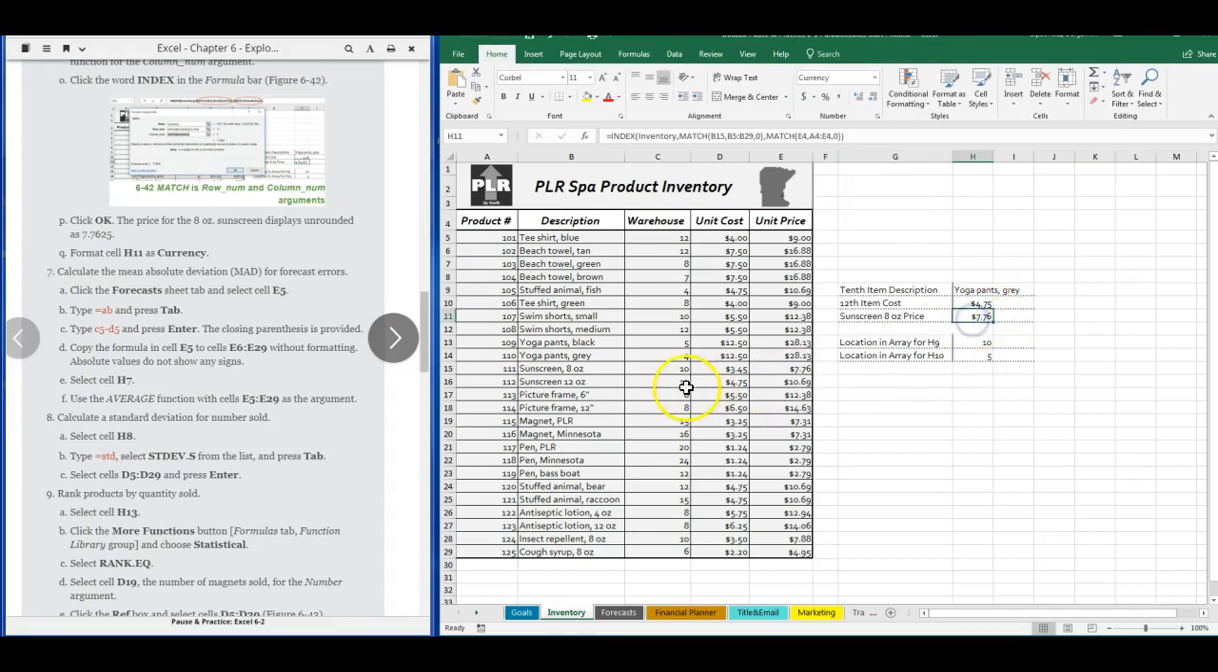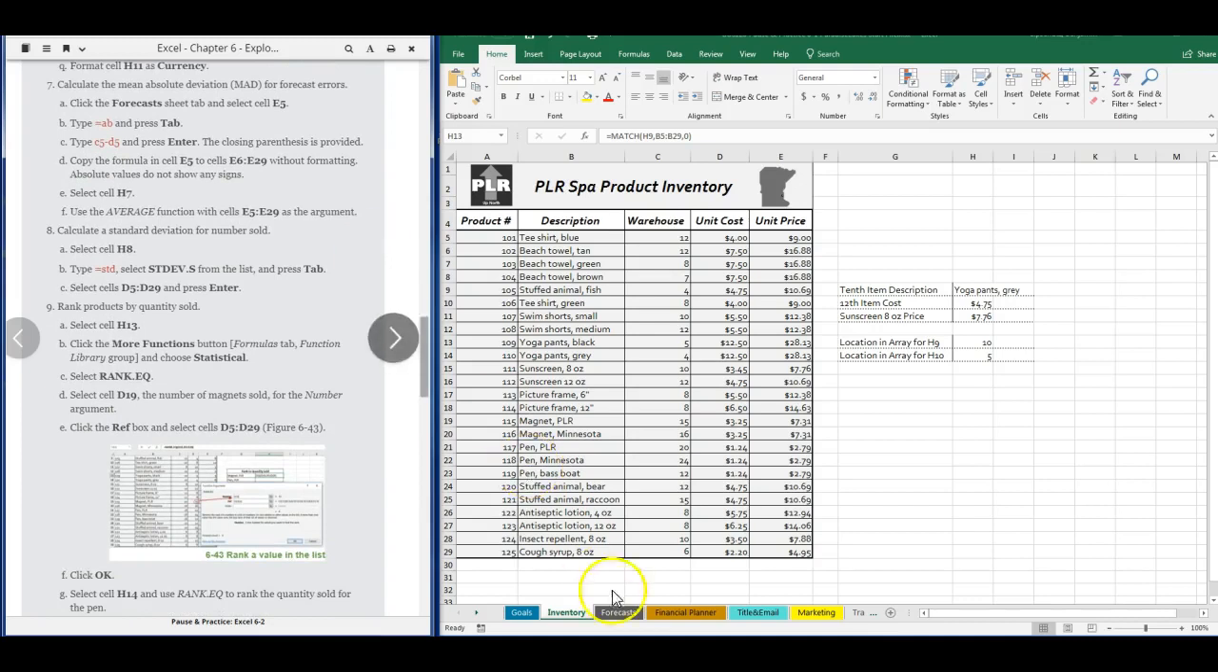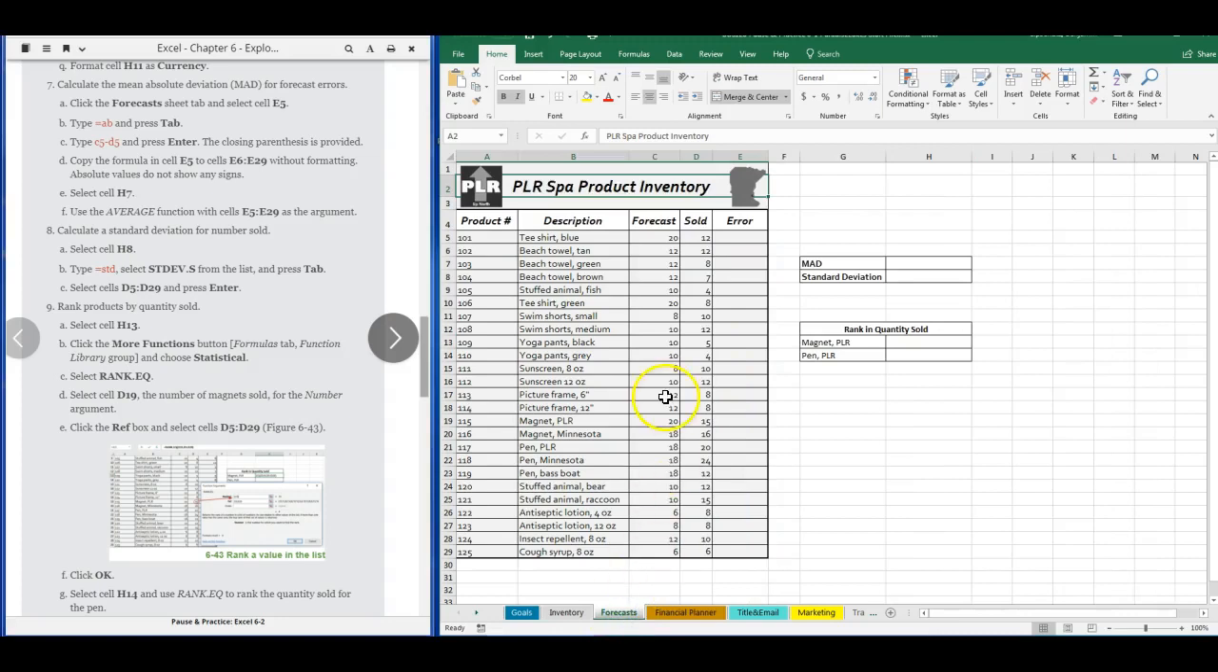And you'll see that this matches the 8-ounce sunscreen that we were looking up. So next is looking for the mean absolute deviation for forecast errors. So we're going to our forecast sheets now. We're going to select cell E5 because we're calculating the error. And we want to type in equals